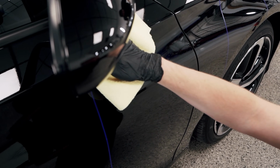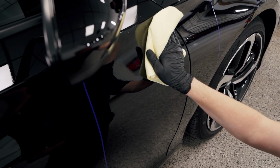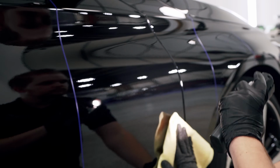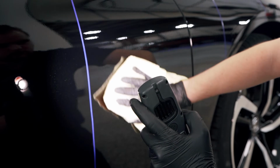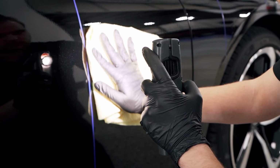On the first pass, level the coating, dragging from right to left. With the second towel, buff off the excess product in a circular motion. And then using the third towel, also known as the insurance towel, buff off any remaining residue until a super slick feel. After the application, the coating is dry to the touch in 20 minutes, but the coating must stay